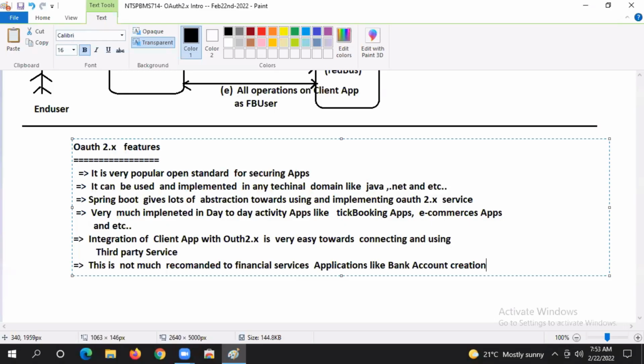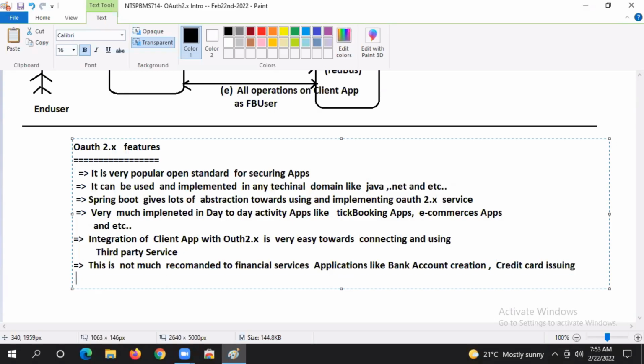While creating a bank account, what happened? An illegal person has a bank account and he is doing transactions every day. Can you track that person's activities? Account will be there, user ID will be there, but physically the user will not be there. Bank account creation, credit card issuing, and etc. At least understand that one, guys,